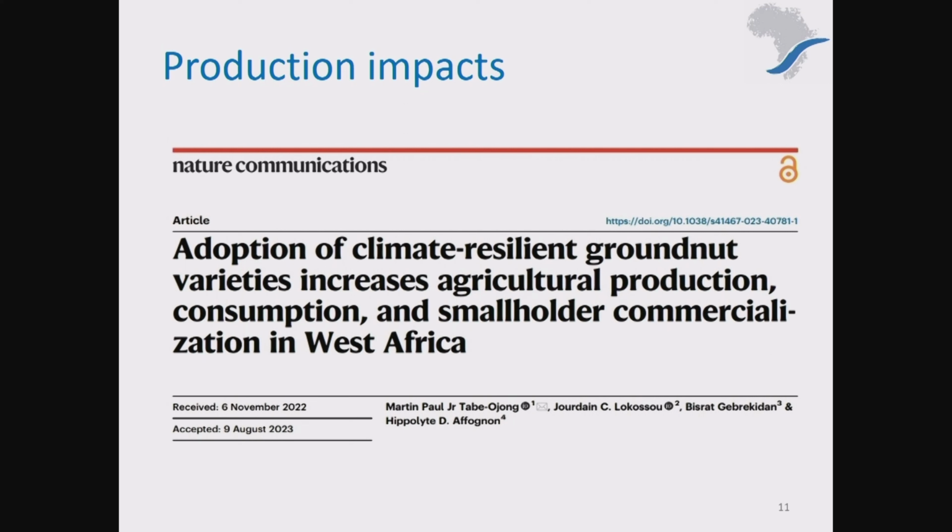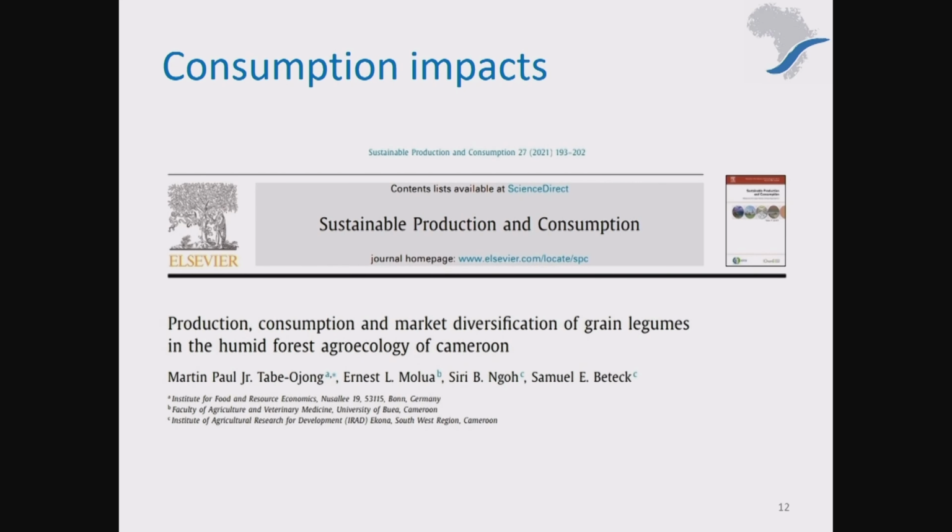So this one was published in Nature, and I was really happy that the work got into Nature. Nature is one of the best journals when it comes to scientific publications. And in West Africa, we see that the adoption of these various climate-resilient groundnut varieties really increases production, but also commercialization and smallholder commercialization. And also in Cameroon, we see that the production and consumption and diversification of grain legumes